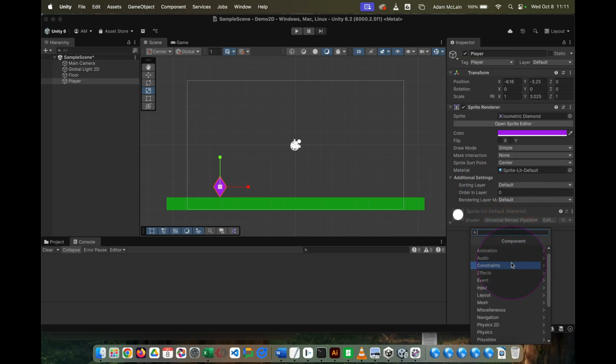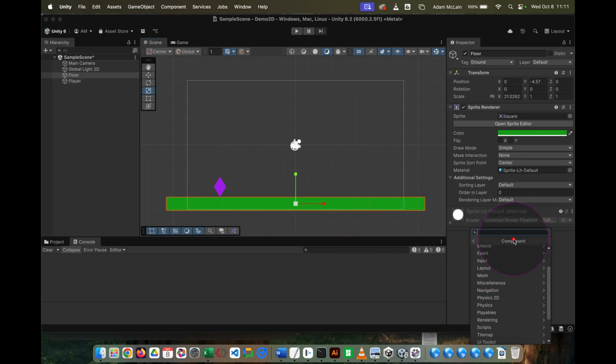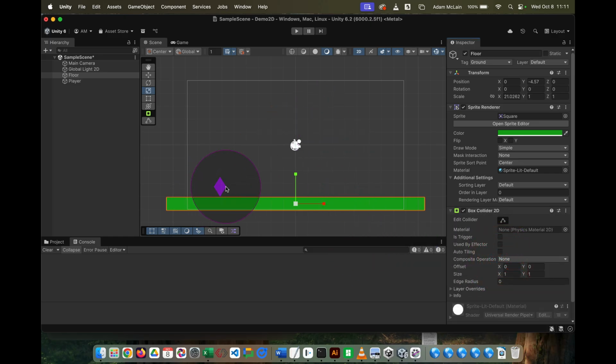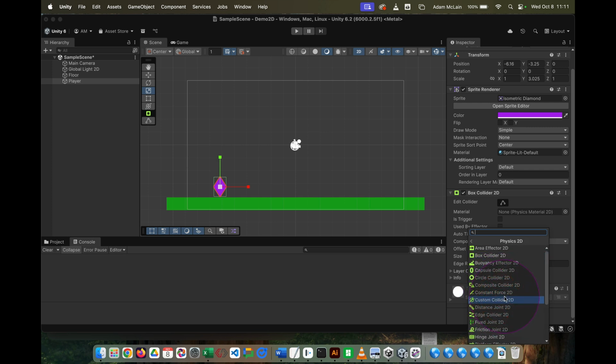Okay. Now, in order for anything to work here, I need to have some colliders. That way they'll run into each other. So I'm going to say physics 2D, and I'm going to do a box collider for now. And I need one around my ground as well. Physics 2D, box collider 2D. And for the moment, I'm going to go ahead and add a rigid body 2D to the player as well,